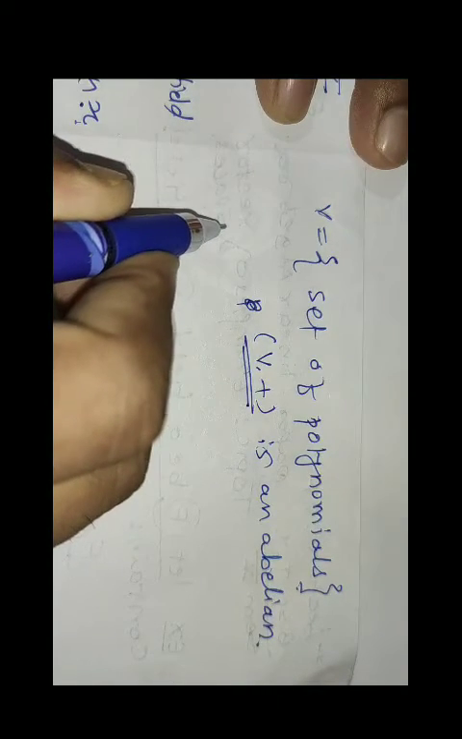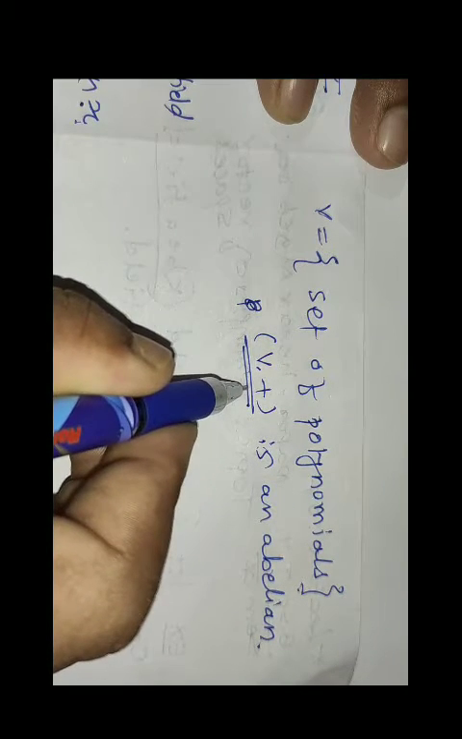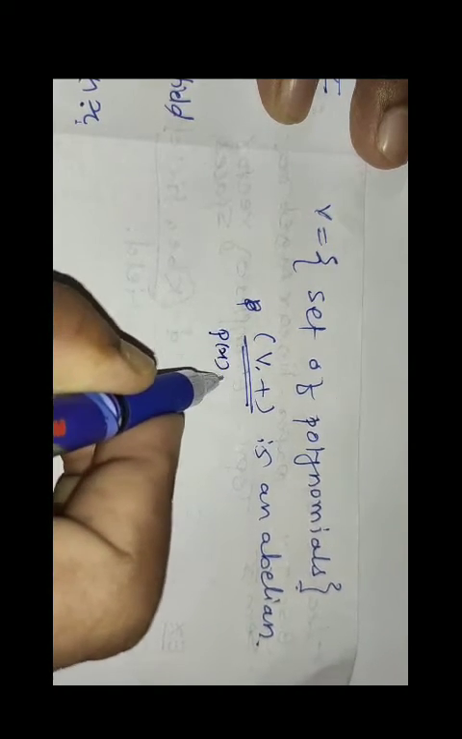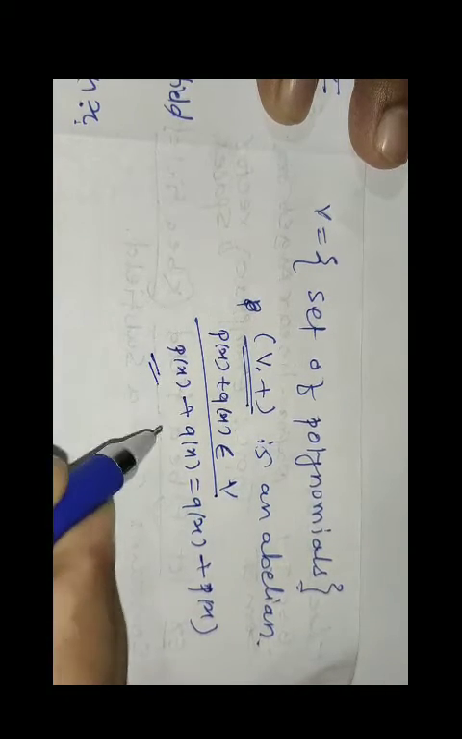So students, we try to show that V plus is an abelian group. Any polynomial P of x plus Q of x gives a new polynomial belonging to V. No problem. Adding P of x plus Q of x or Q of x plus P of x, both are the same,